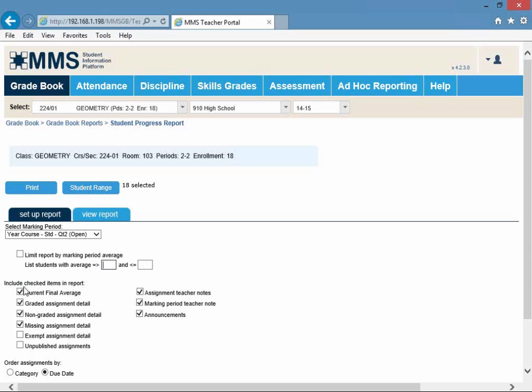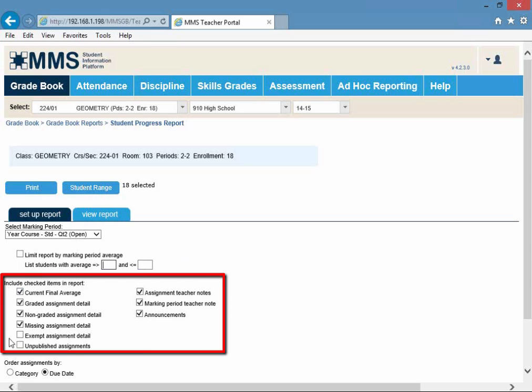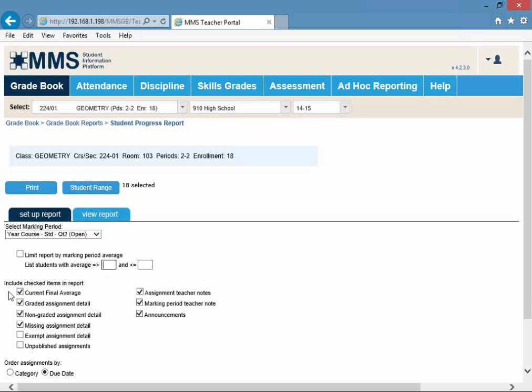And then additionally, we have many other options here, different checkboxes where it says include checked items in report, and you can see some of the defaults here, which I will just leave selected for our purposes, to include the current final average on the progress report, graded assignment, and/or non-graded assignment detail, missing assignment, exempt, unpublished, any of the teacher notes for the assignments, marking period teacher notes, and announcements. So we'll leave that selected in this instance, and then we can also choose the order that